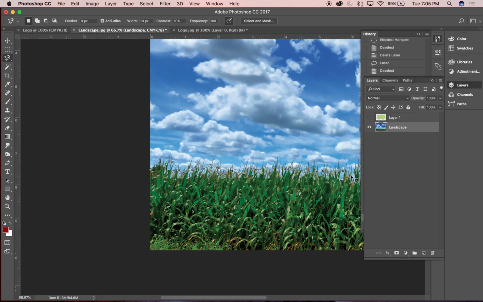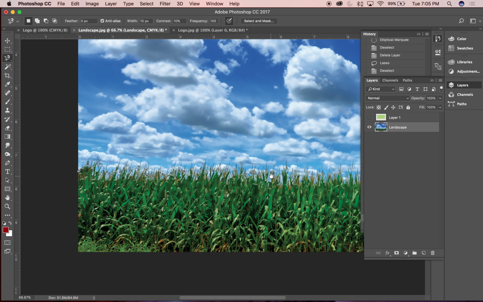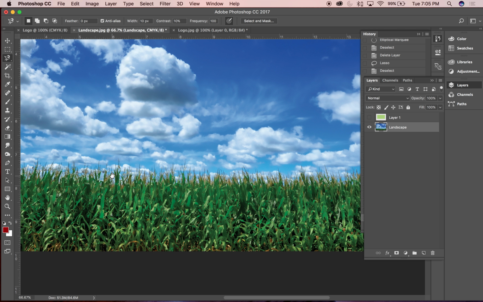And see how I'm kind of at the edge here of my panel? I can't really move any further. If I hold the spacebar down and click, and hold and move, I'm able to move my canvas without moving my tool. So now when I release the spacebar, my hand tool goes away and I'm back to the magnetic lasso tool. So if I want to quickly just select these,